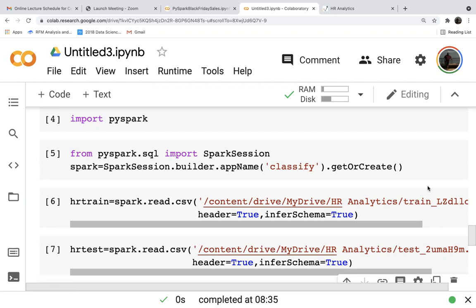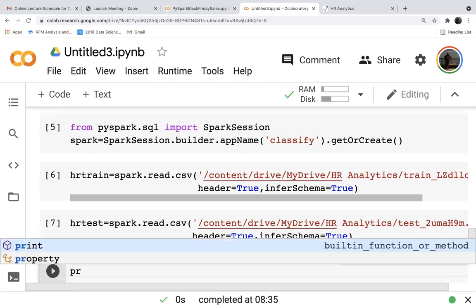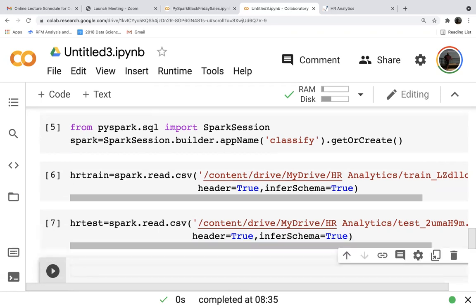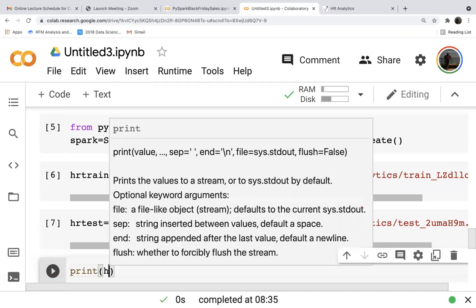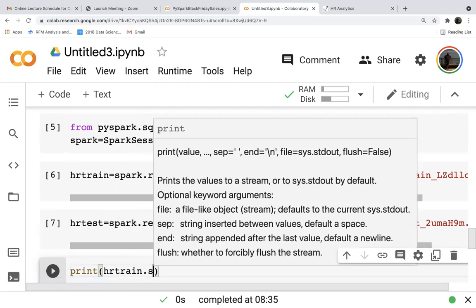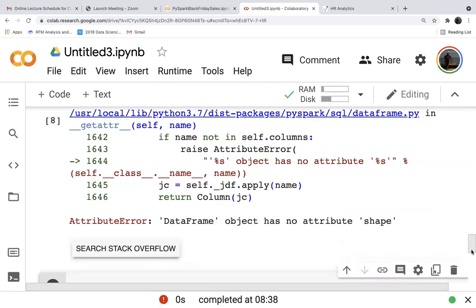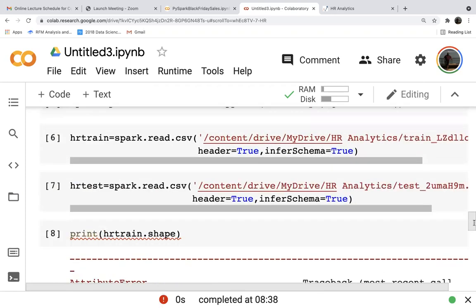Print the shape. Let us see what is the data we are dealing with. Print train.shape. Oh, it doesn't have a shape. Okay.